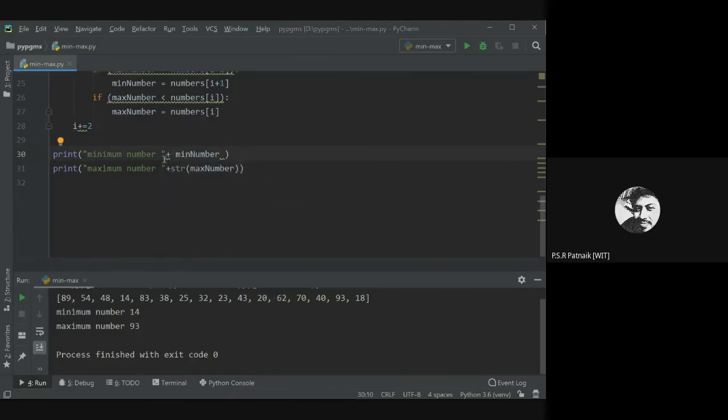But inside Python 3, that kind of auto conversion of this type into string is discouraged. So this gives me an error. The plus is used for addition, but here I want to use it for concatenation.